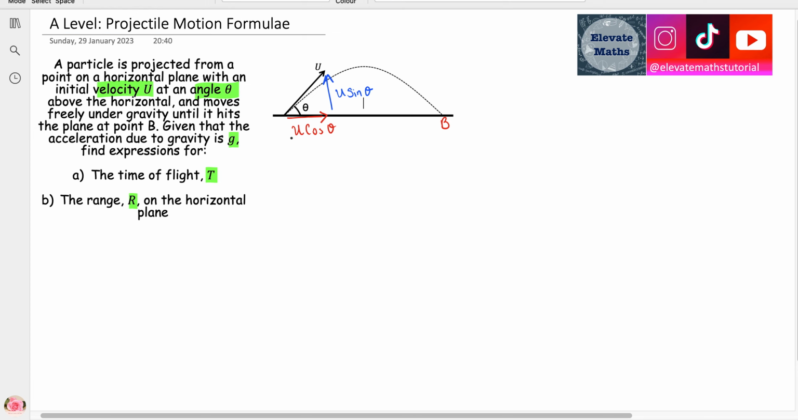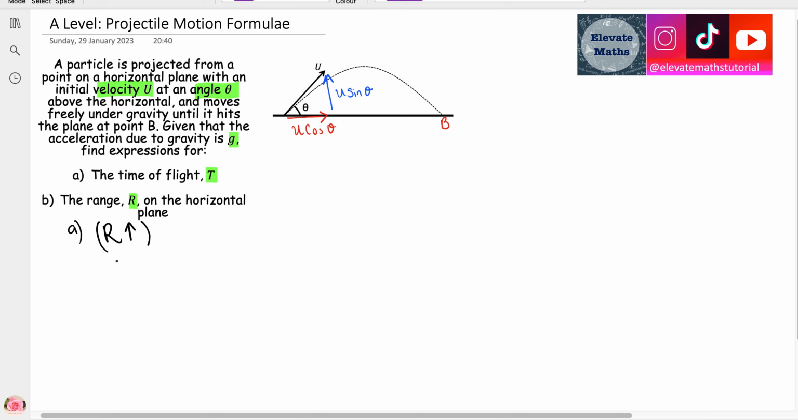Now, for time of flight, you need to see whether it's better to resolve vertically or horizontally. Horizontally, we don't know the distance traveled across. So it's always better to resolve vertically when you don't know the horizontal distance traveled. So let's get started with that. If we resolve vertically,